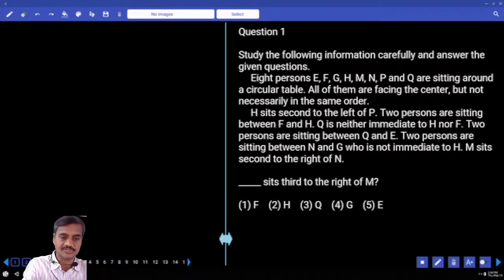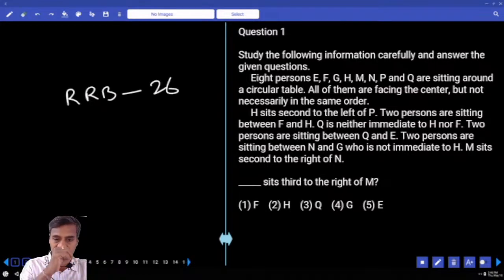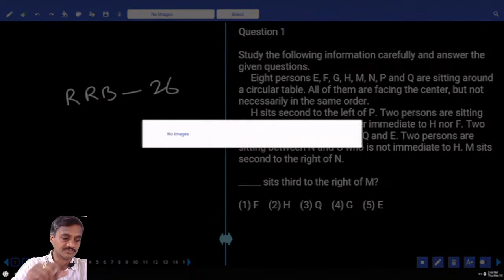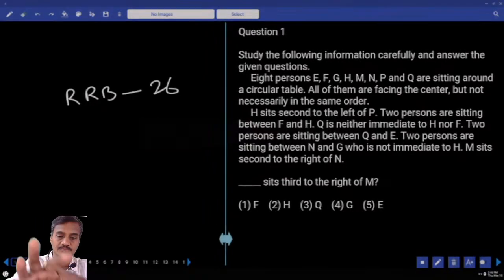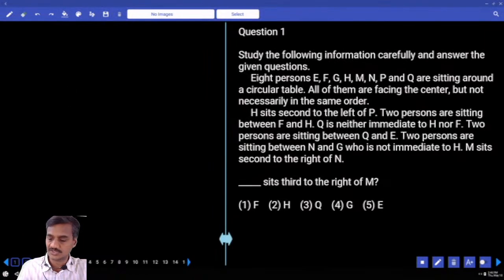Now paper number 26, RRB Clerk Prelim. In this one, coming to question numbers 1 to 4, these 4 are based on 8 persons seated around a circular table, and all the persons are facing